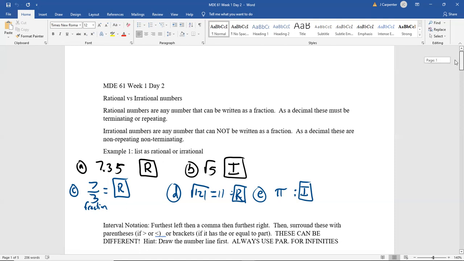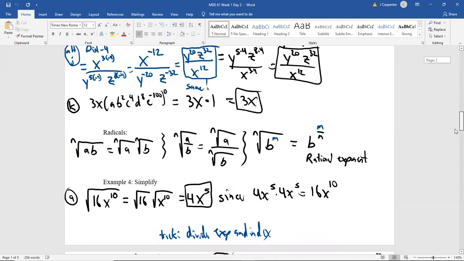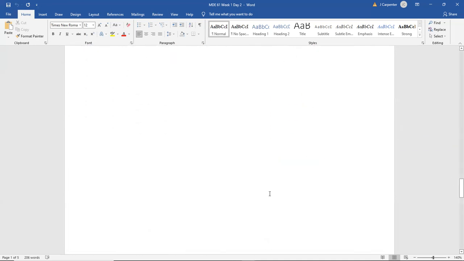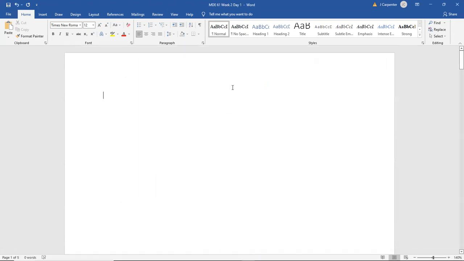Last time we talked about what it meant to be a rational or an irrational number, interval notation, your exponent rules, and some stuff with radicals as well. So again, today what we're going to be discussing are polynomials, which are just a sum or difference